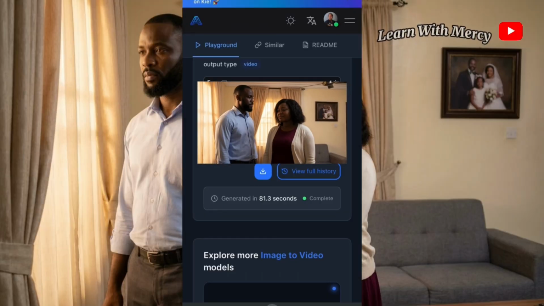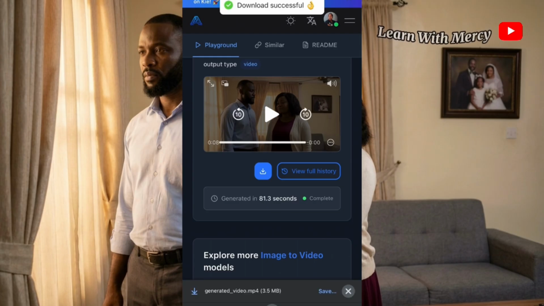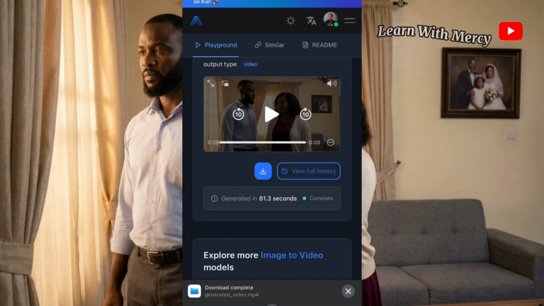So you close this window and go back. You see the download arrow there, that blue arrow. You are going to click on it and it says downloading. Then after some seconds, you are going to see the save sign. Did you see it there? You click on save and then save it to your files, and then we are done with scene 1.